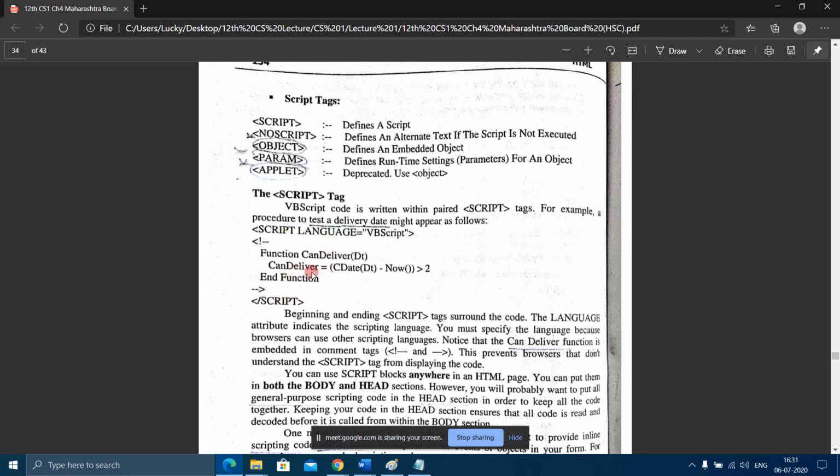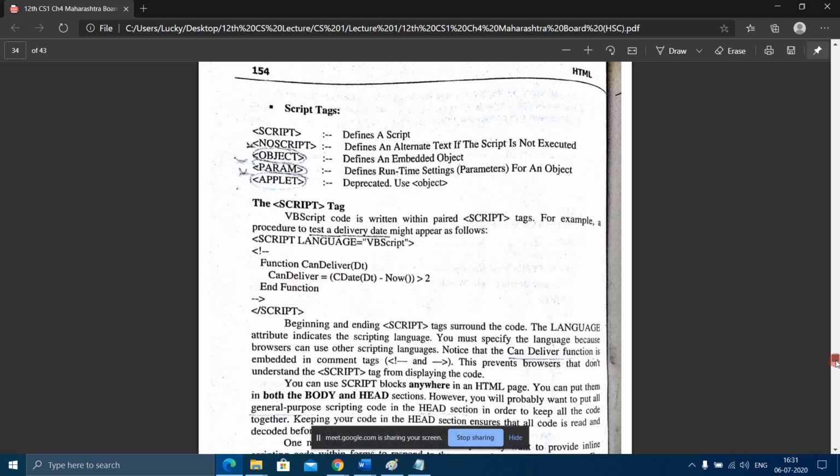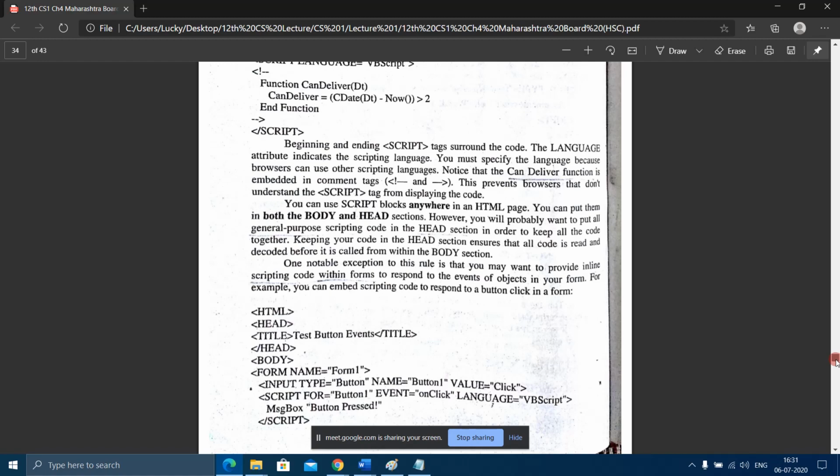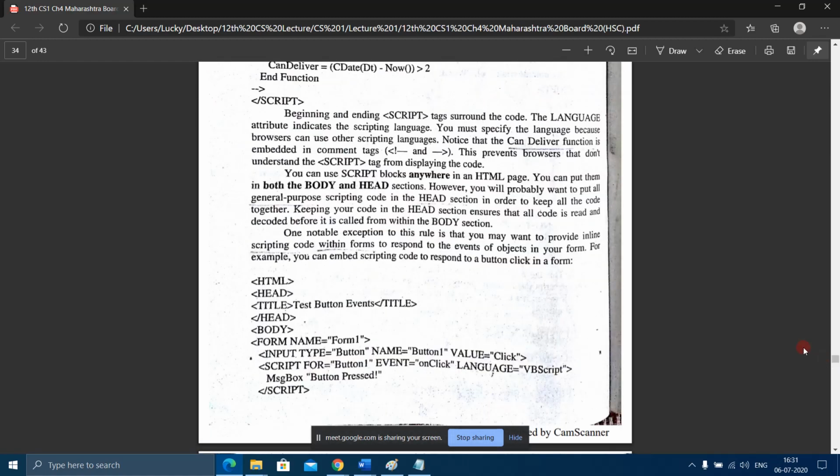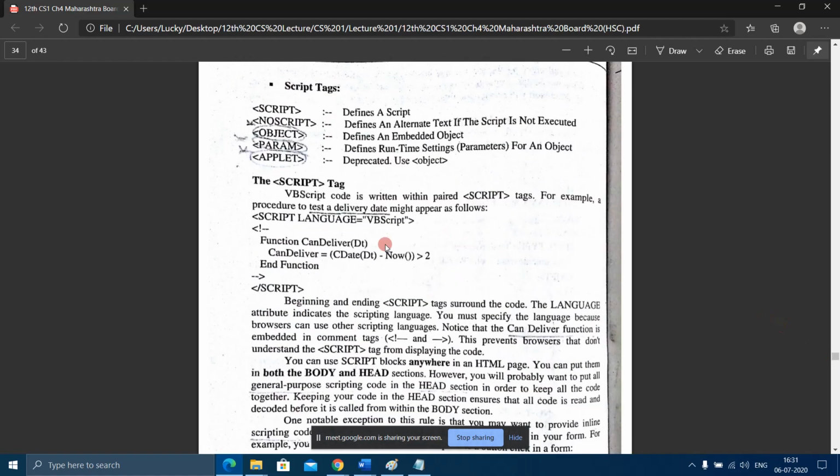Okay, we'll see some other example, the one which we just now saw. The beginning and ending script tags surround the code.